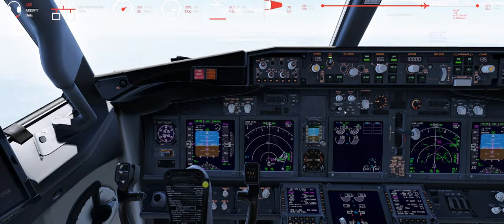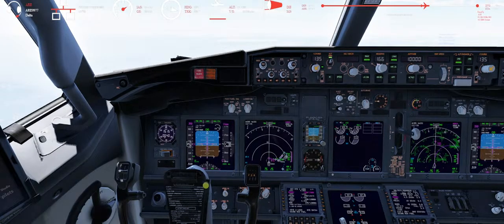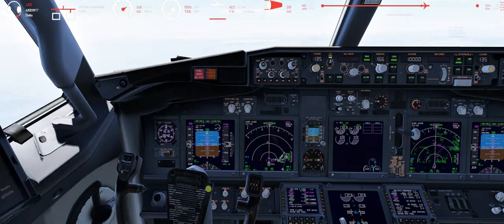We're currently at 250 knots at 17,000, and then we'll be going. I think the next waypoint will want us to go down to